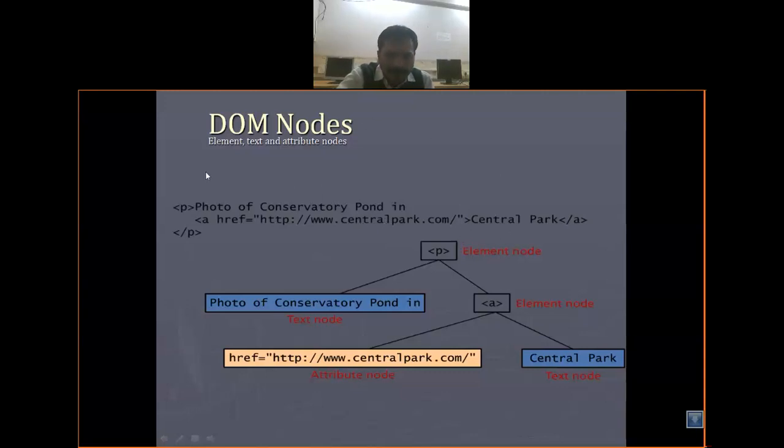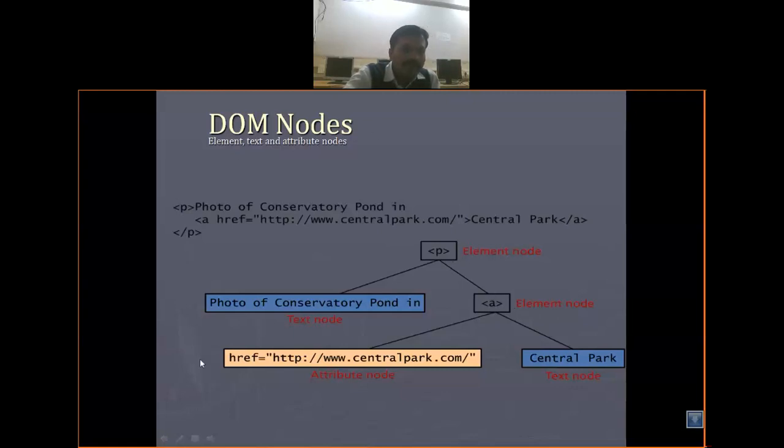So what is the element node, what is the text node, and what is the attribute node? When I write the paragraph, this P is called an element node. Then "photo conservation spawn", what I write here, is a text node. Then I use A, which stands for anchor; this A is also an element node.